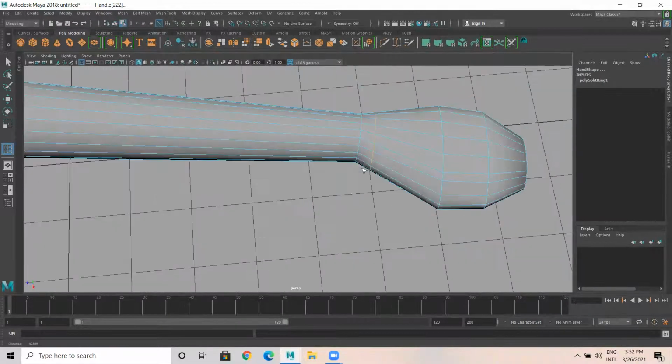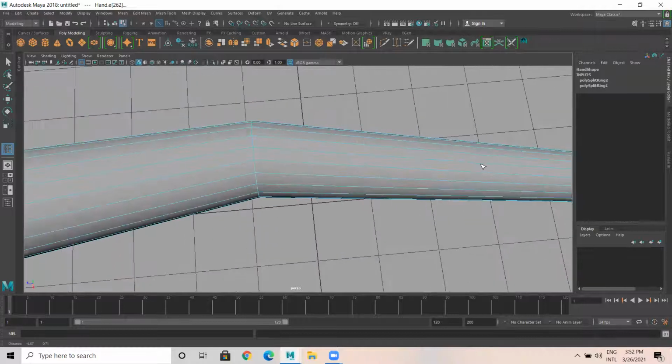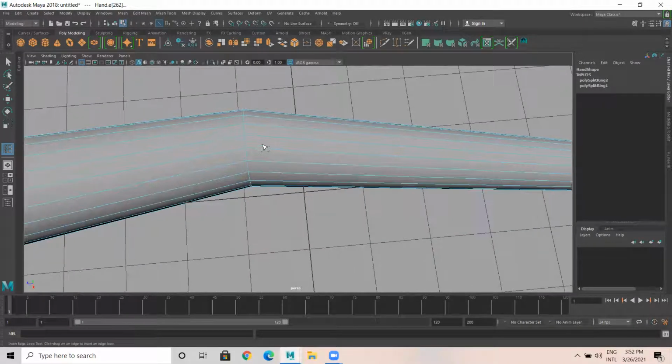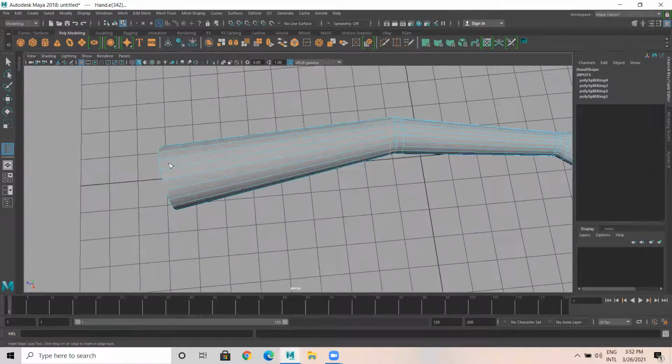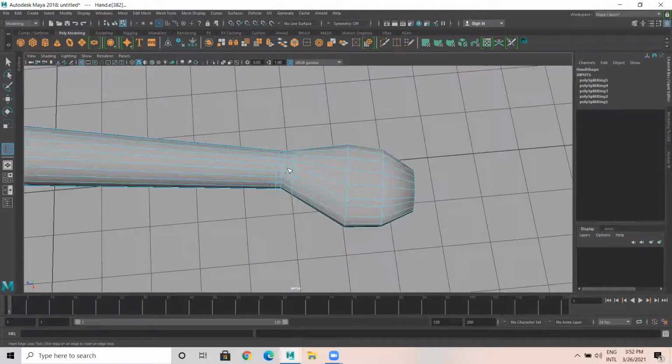Now here a bend is going to come, right? You're going to bend or rotate the wrist part. Make sure there is a mesh loop here, one here for the elbow part, and one for the shoulder part. Okay, that's how it is.